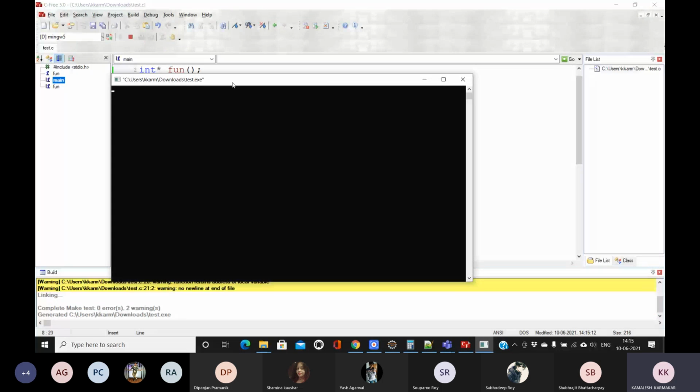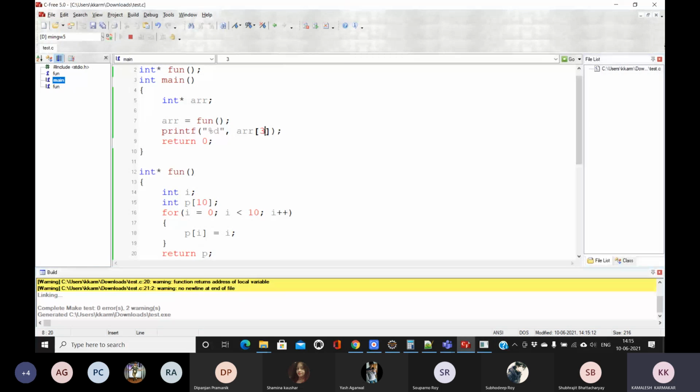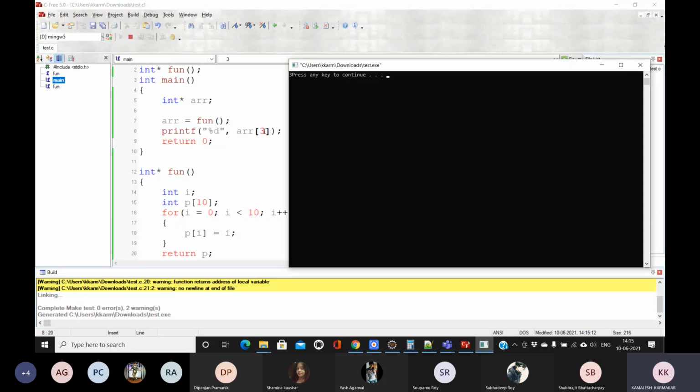It will print 3, the value which is stored at p3. So ARR 3 is basically 3. Okay, that's why the output is 3.